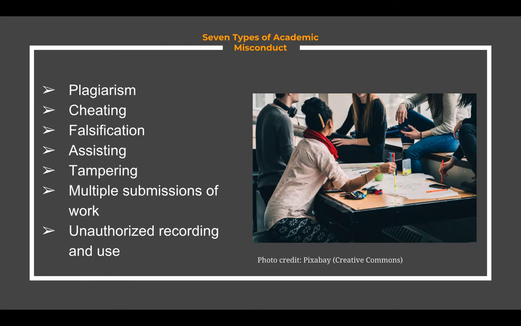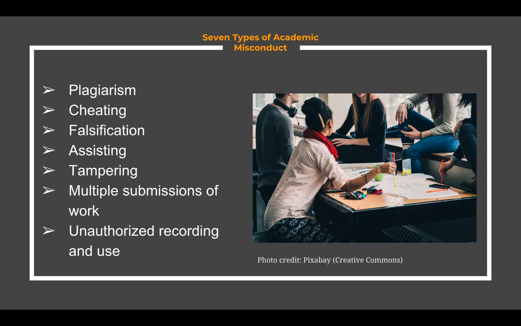Assisting is any action that helps another engage in academic misconduct. Examples include, but are not limited to, providing materials or assistance without approval, altering someone's work, grades, or academic records, taking a test or doing an assignment for someone else, compelling acquisition, selling, bribing, paying, or accepting payment for academic work or assistance that contributes to academic misconduct, etc.